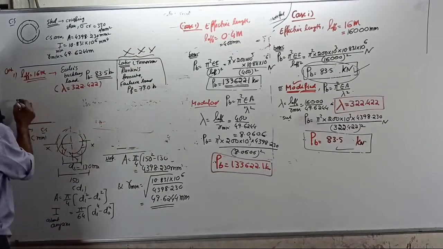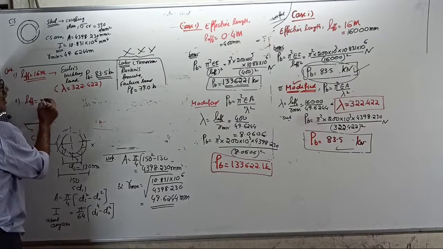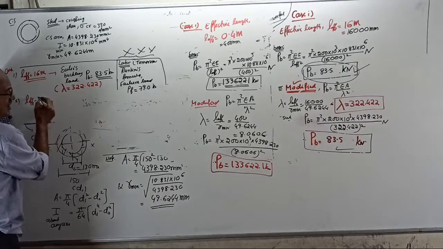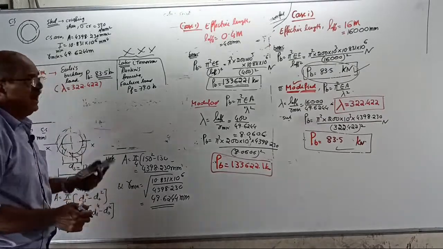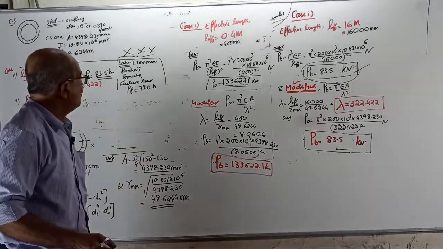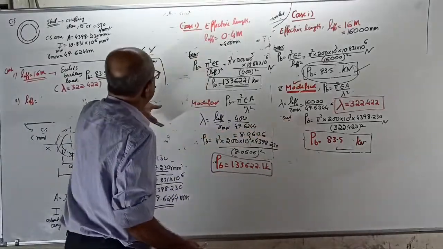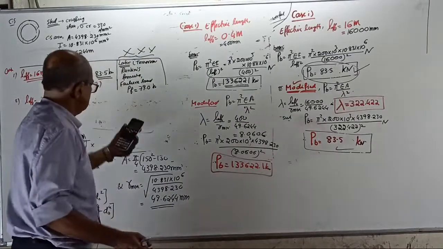Whereas my case 2, when I change the effective length to how much? 4 meter? Was it 4 meter? You forgot now. What was the effective length the second time? Who remembers it now? Not 4 meter. Second time, I rubbed it somewhere. Effective length second time was how much? Oh, who will remember it?